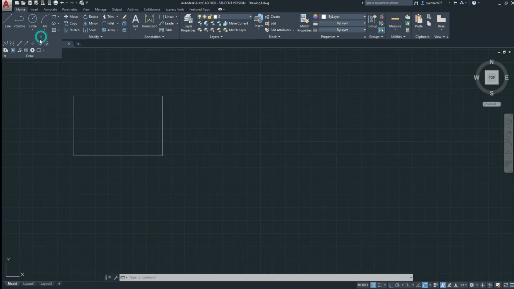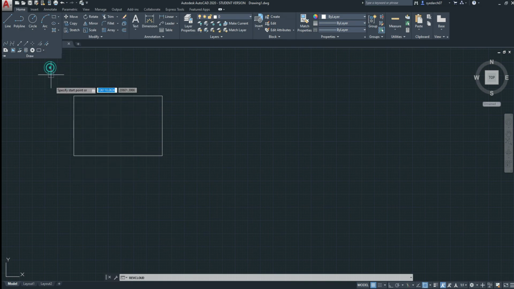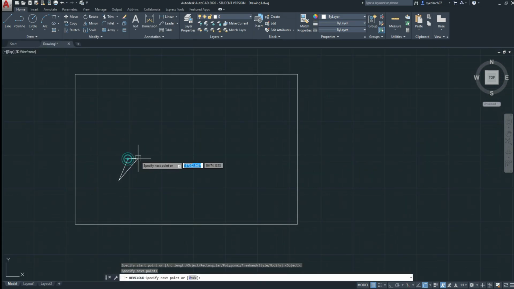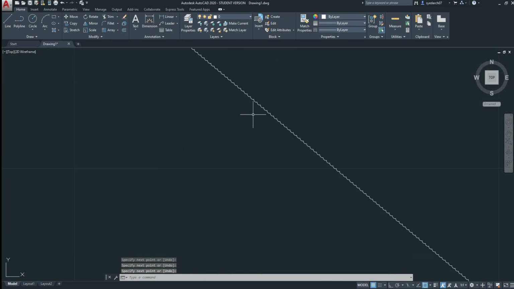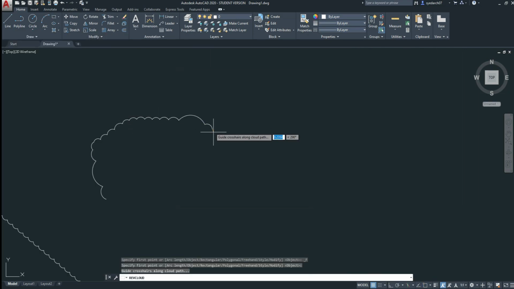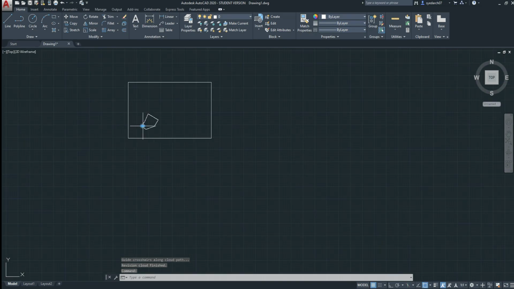In a similar way, you have a few more shapes here like polygon. After drawing your polygon, just press enter, and if you zoom in, you can see the cloud. Next we have freehand, and this is my favorite one. So this is how we use this cloud tool.